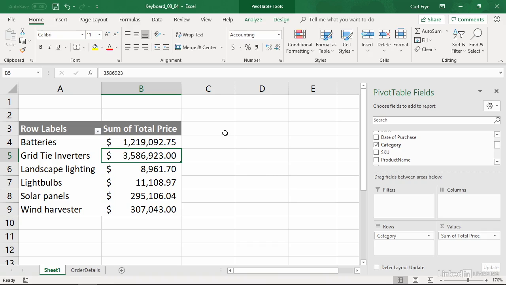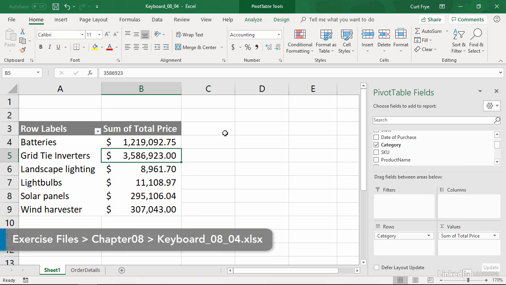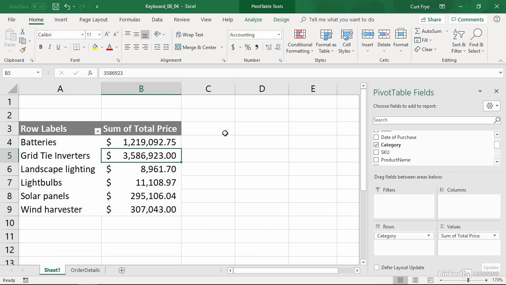One of the more recent additions to Excel is the ability to access ribbon commands using the keyboard. In this movie, I will show you how to control a pivot table from the ribbon by using keyboard commands. My sample file is keyboard 0804, and you can find it in the Chapter 8 folder of the exercise files collection. Keyboard shortcuts have been available for your ribbon commands for quite a few years, but they were only recently